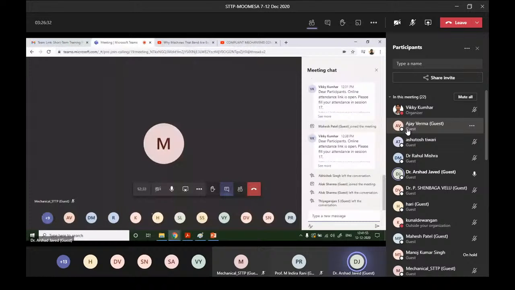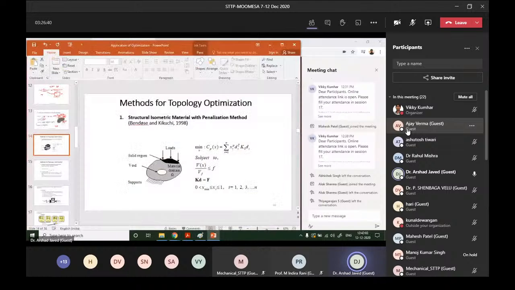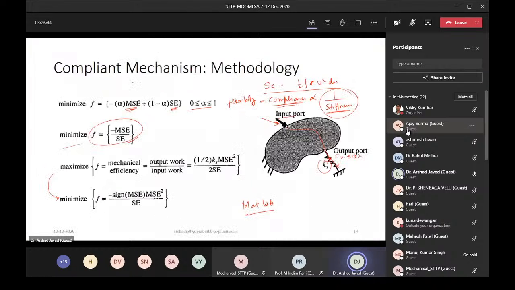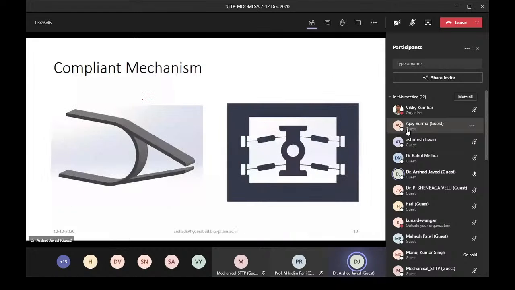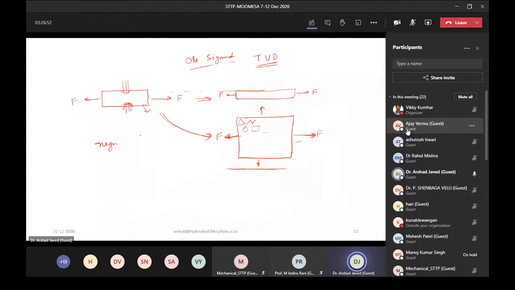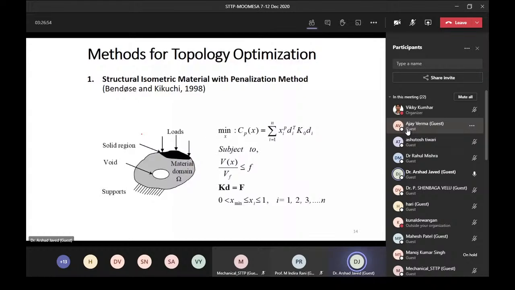Okay, let us move ahead. Now coming to the topology optimization problem, we have seen this one, discrete structure, discrete topology. Now coming to continuum topology optimization from the problem formulation. So this was initially given by Bendsoe and Kikuchi in